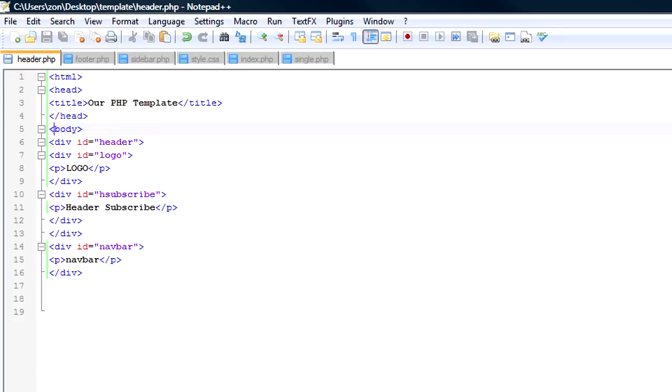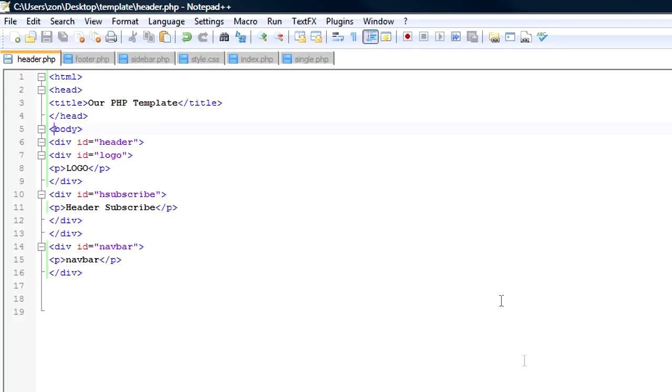So yeah, the easiest thing to do is just dive right in. First off, I suggest you create these files right here: header.php, footer.php, sidebar, style.css, index.php, and single.php. The header is just going to be our header for the site. Footer is going to be the footer. Sidebar will be the sidebar. Our index will be our home page. Single will be like a single website page, and our style will be the CSS style sheet that does all the styling for the template. So go ahead and create those files to start off with,